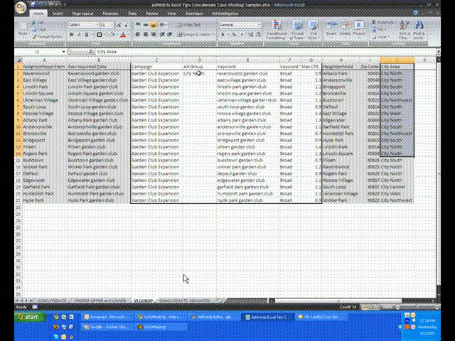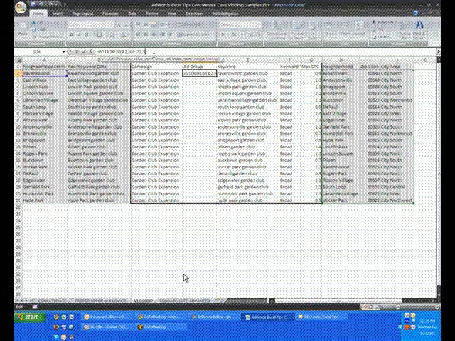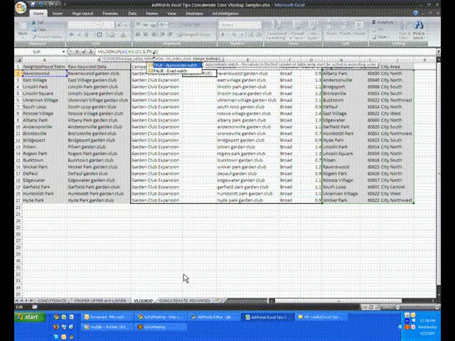So here we have the formula again. After the column index number is what's called the range lookup, and you have a decision whether you want it to be approximate, which is putting in the word true, T-R-U-E, or if you want it to be exact, and that is the word false. So I'm going to put in the word false, because if Ravenswood isn't in that list, I don't want it to just guess as to what the city area would be. I want it to only